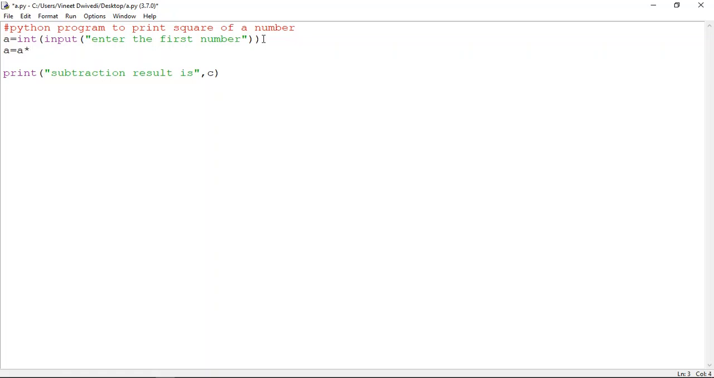That is a into a, okay, and then you will write the subtraction result. This is to be changed here. Subtraction will be here, square of. Suppose we want to mention the number also of which we are having the square, so suppose we can write